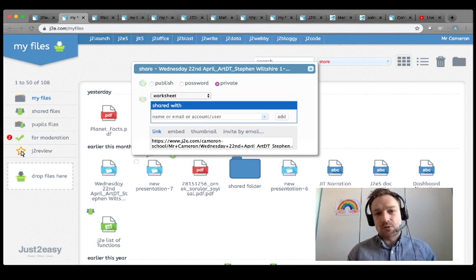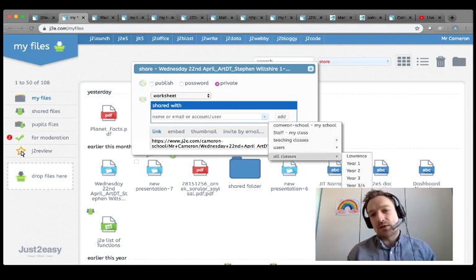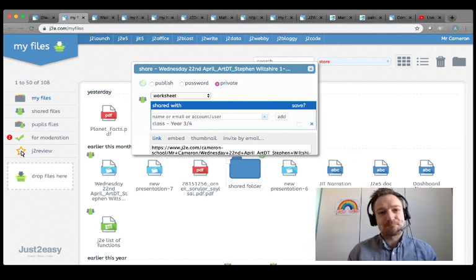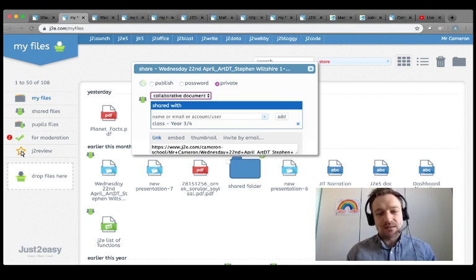Choose the students that I want to share that with. So I'm going to go to my year 3 and 4 class, my trusty class. And I've got an option here of making it either a worksheet or a collaborative document. If I click collaborative document, that means every single student will be able to edit that document in real time